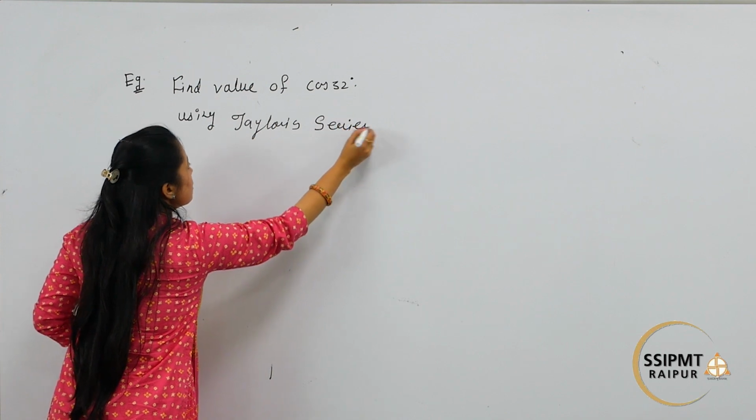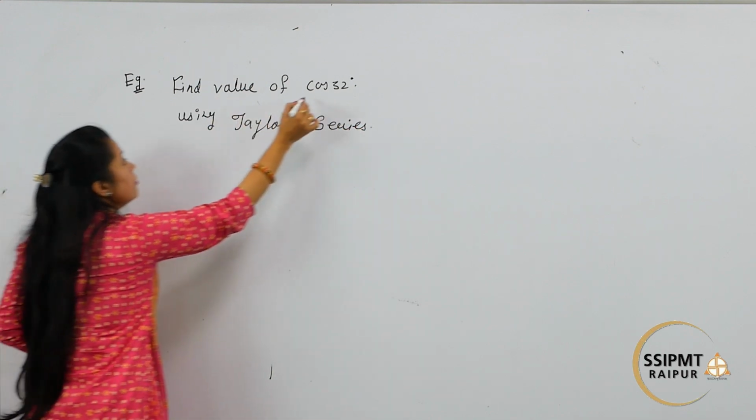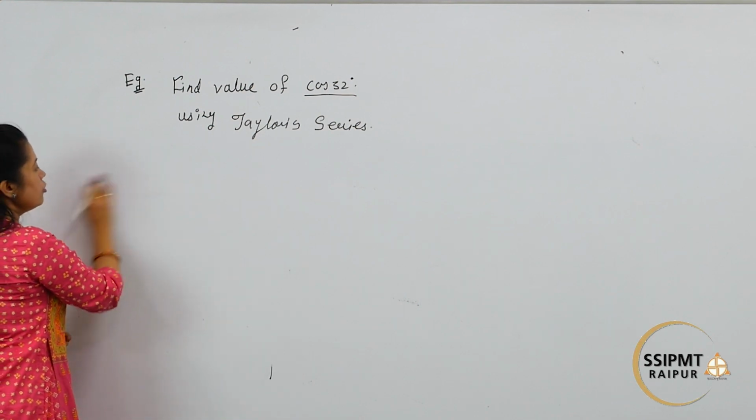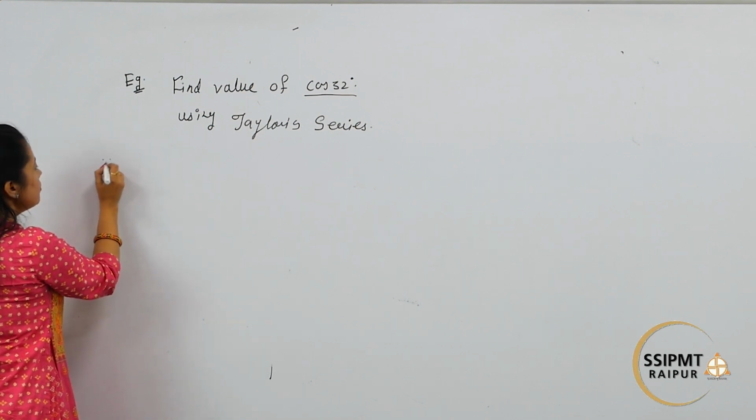So here I am using Taylor's first form to find the value of cos 32, and as I have already explained what Taylor's first form is,